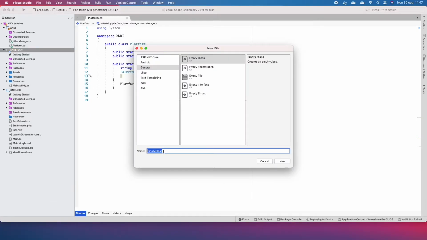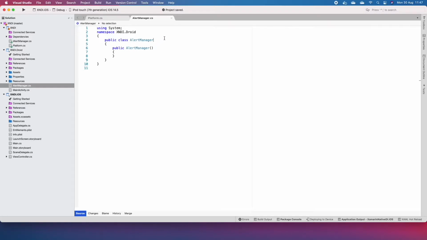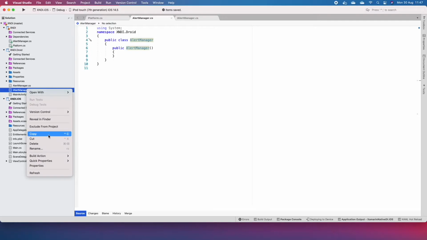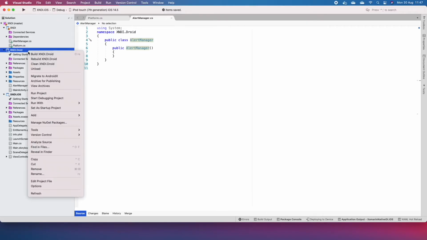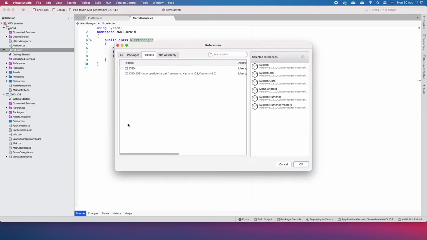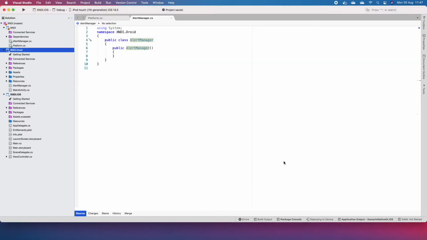So before I can do anything, I'll need to implement. We'll make a new class, and that class will be called the AlertManager. The AlertManager will implement the IAlertManager interface. In fact, I've just accidentally generated an interface. Delete that. It appears I haven't added the reference, so I'll add a reference to our .NET standard library, and yep, now we've got AlertManager. Implement that interface,